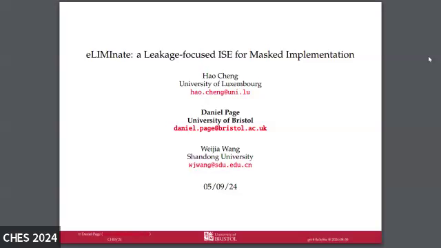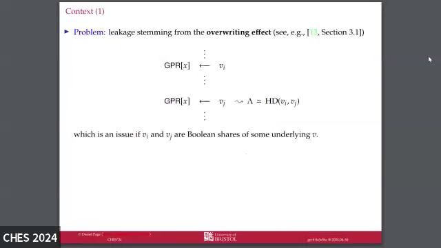So I'm not sure I necessarily agree that this is doing the same thing. But I'm stood on shaky ground already, so maybe I'll just get on with this and we'll see. Most of this work was done by Hao while he was visiting Bristol. It's a pity he's not here to take the credit for that, but he wasn't able to get a visa to attend. So the context is software-based masking, or implementing masking in software. I think most people who've tried to do this would agree that it can be quite challenging, in particular because there's a whole raft of different pitfalls that you can get stung by.